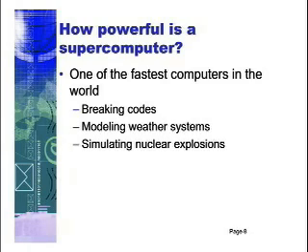Because of their speed, supercomputers can tackle complex tasks that just would not be practical for other computers. Common uses for supercomputers include breaking codes, modeling worldwide weather systems, and simulating nuclear explosions. At one time, supercomputer designers focused on building specialized, very fast, and very large CPUs. Today, a supercomputer CPU is constructed from thousands of microprocessors. Approximately 300 of the 500 fastest supercomputers in the world use